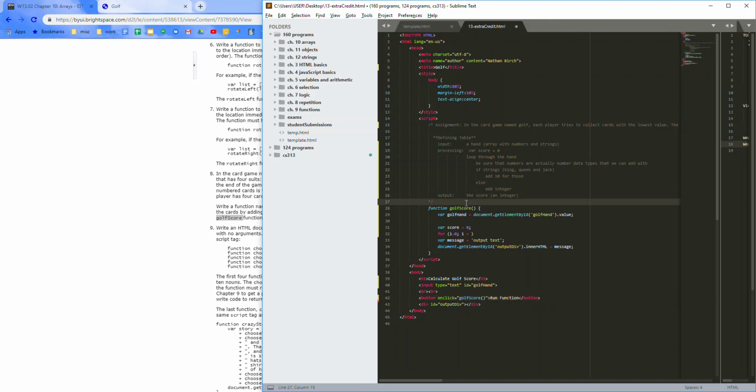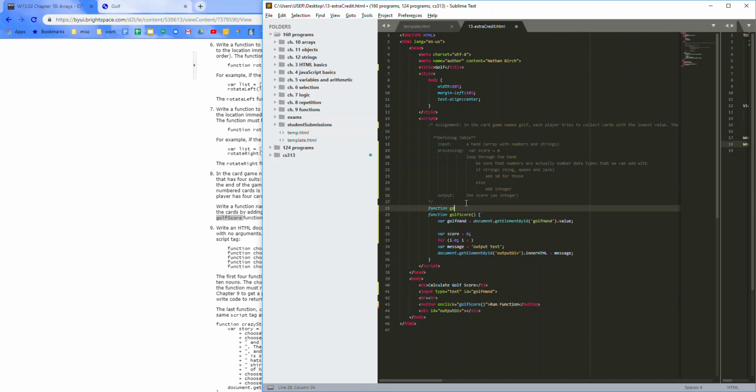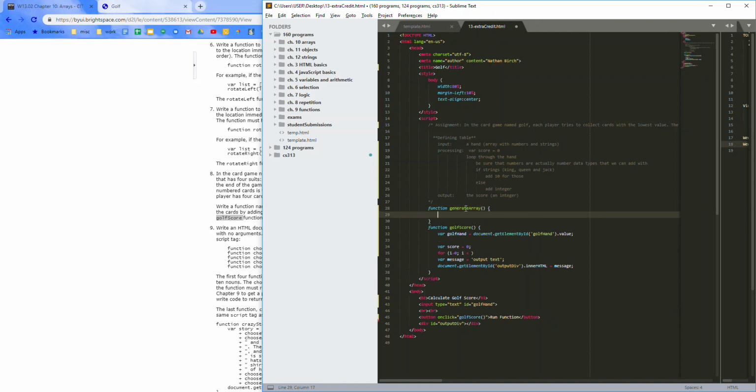I'm going to make another function here. It says function generate array. And I'm going to have that be called by the user. Okay. And then in here, I'm going to take in this input from the user and I'm going to loop through this. So first of all, I need an array. So golf array equals user golf hand